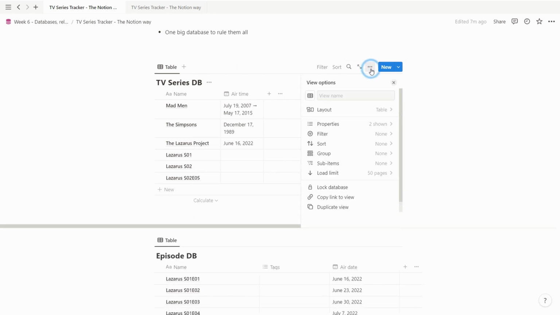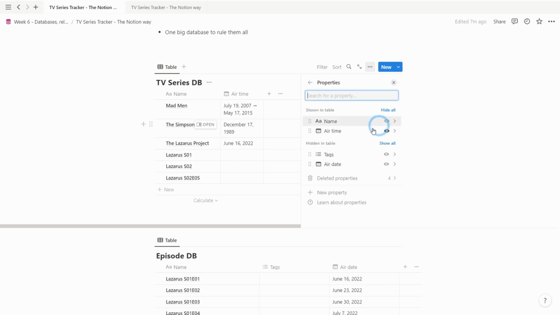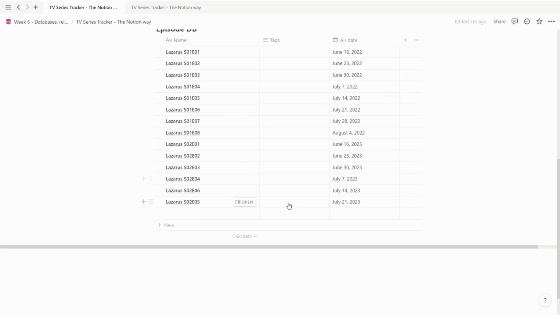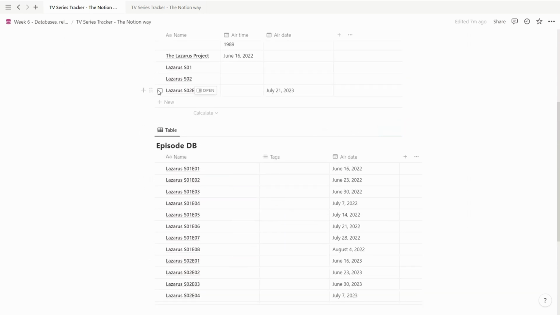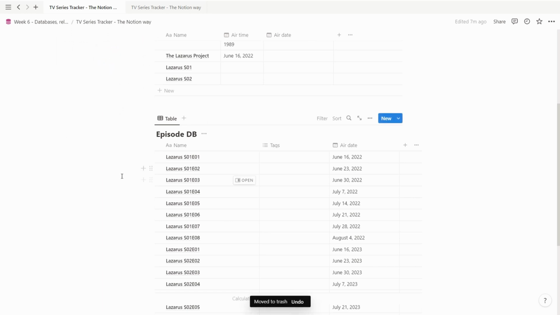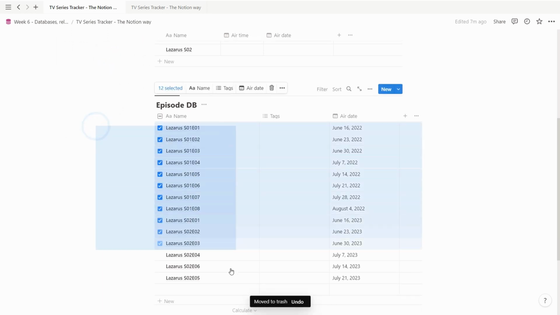As it turns out, Notion is actually quite clever. So we can go to properties and we see 2 shown, similar as before. But if we look behind here, we can see that we got a new property. So we show that, and then we see that when copying, Notion actually created a new air date property to make sure we don't lose any information. That is fantastic. So we remove this one,